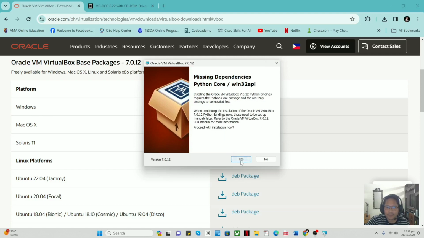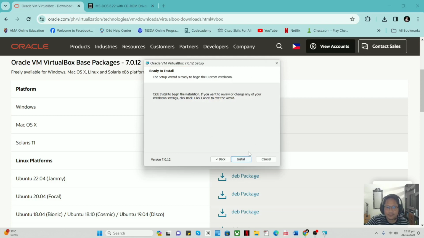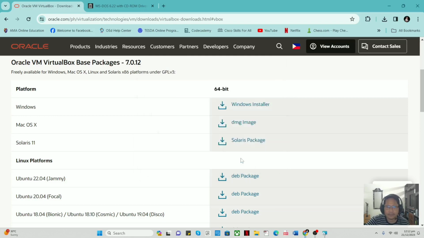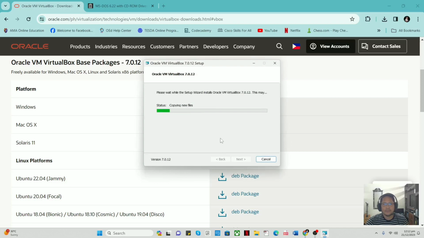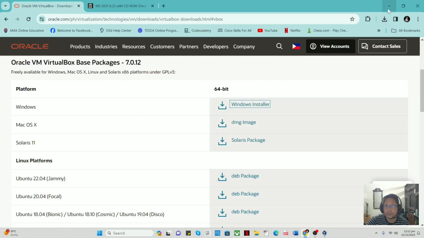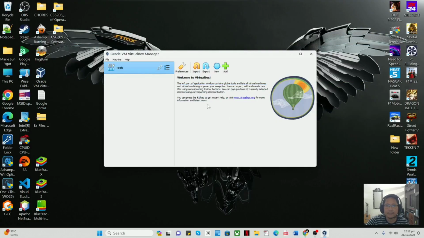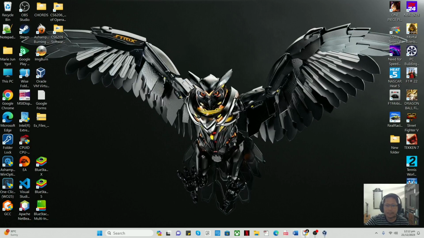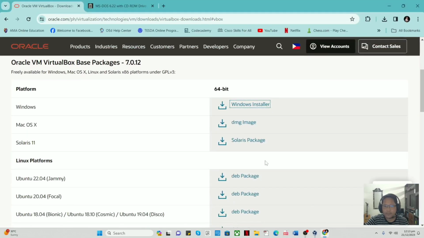Yes. And then click install. Okay, so now we have a virtual machine. So finish. It will be open. So this one here. Let's minimize this for a while, because the next step is we're going to install the